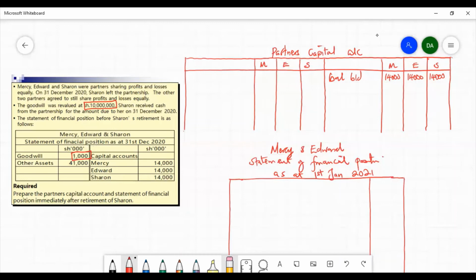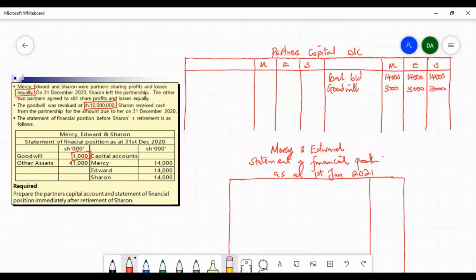That increase in the value of goodwill of 9 million is supposed to be shared among the existing partners in their profit sharing ratio. The partners were sharing profits and losses equally. Therefore, goodwill of 9 million being shared among them will give each of them 3 million. We therefore record 3 million as goodwill for each partner. After recording that,